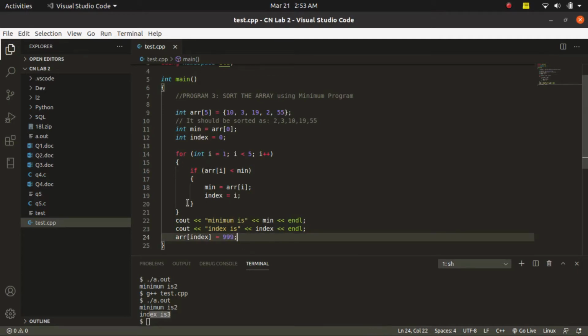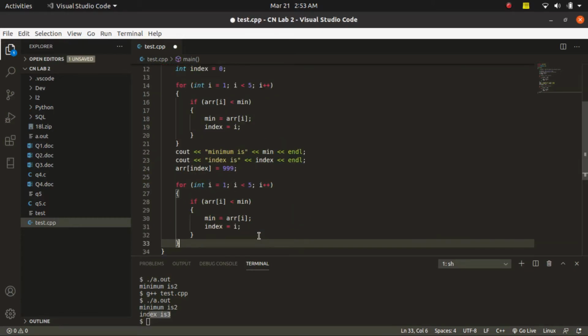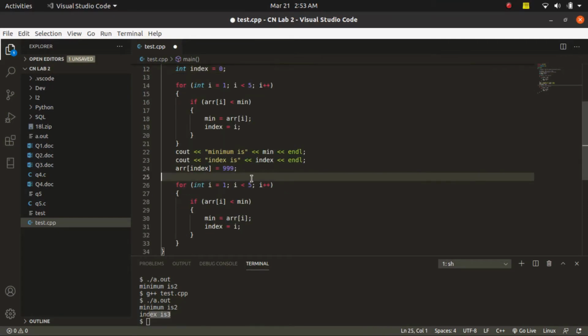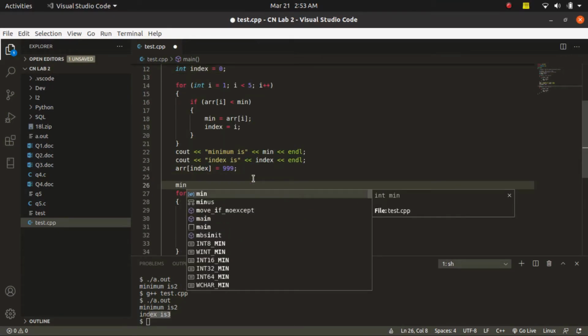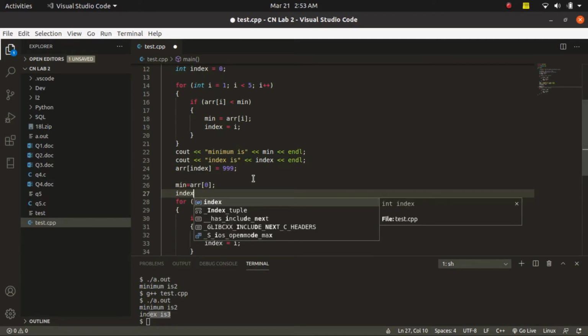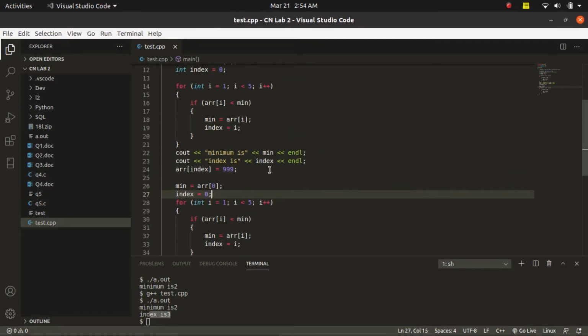Now I will copy paste this code to find the minimum element again. But before I do that, I need to reset the minimum and the index variables as well. So let the minimum element again be the element at 0 in the array, and the index be 0 as well. Let's see now what is our printing out.